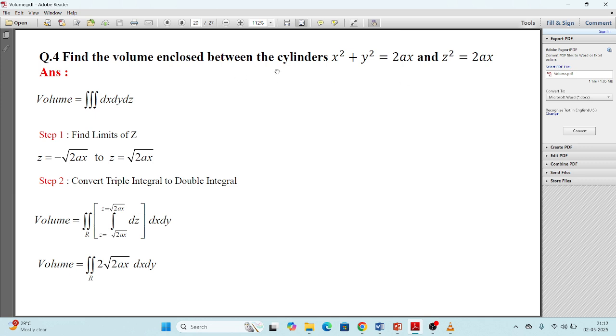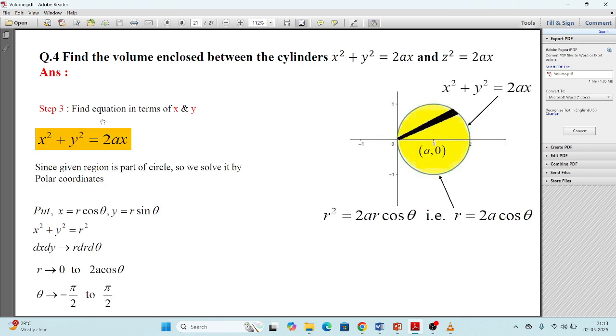Now if I go to this equation, I need the equation for the xy plane. So this first equation is free from z. So already one equation is present in terms of xy. So let us consider this equation for the xy plane. So this is our equation. In polar conversion from Cartesian to polar, we have seen this is one kind of circle where the center is shifted. Here the center will be (a, 0). So it is a standard circle. x square plus y square is replaced by r square, and 2ax is replaced by 2a r cos theta. So the equation of this circle in polar form is r equals 2a cos theta.